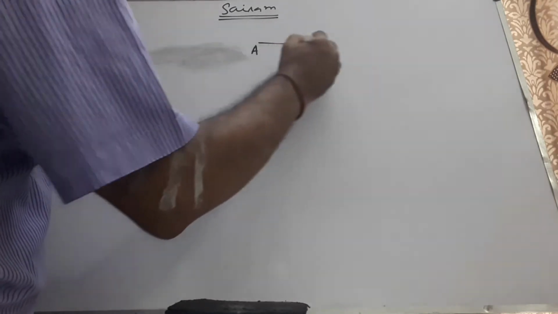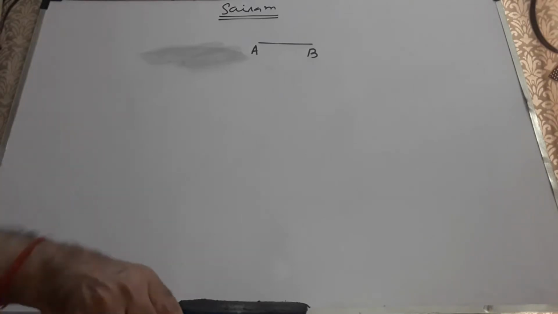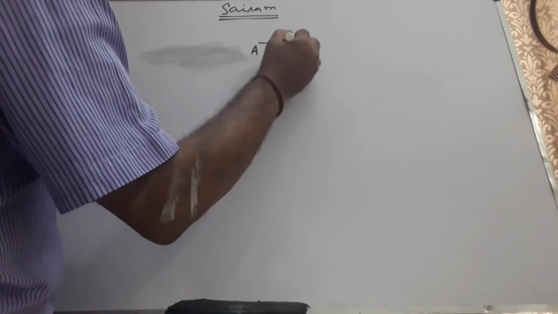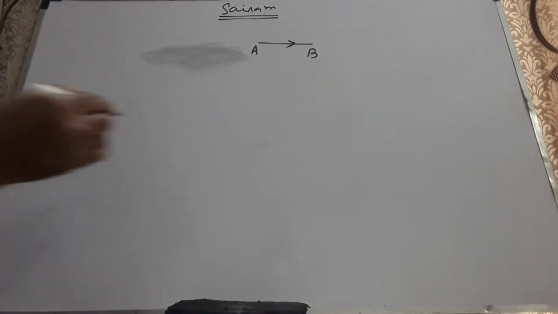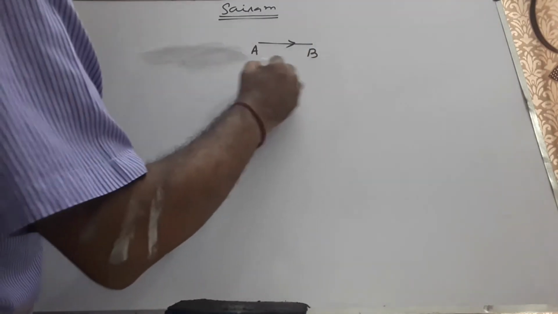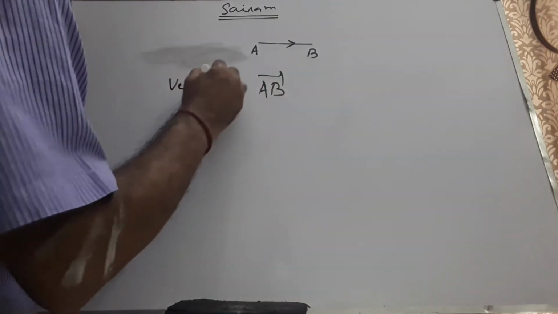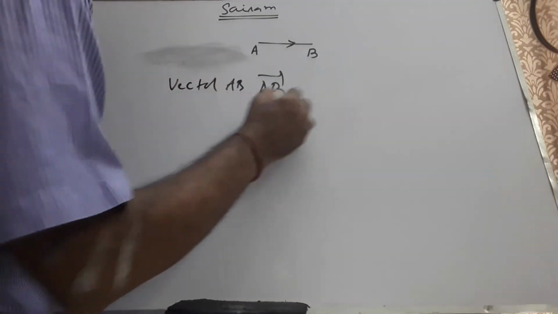If I am given 2 points A and B in a plane, and I draw a line segment joining those two, I mean to say segment AB is drawn. A simple line segment AB is the same as segment BA. But if I start from A and end with B, I mean to say vector AB is drawn. Vector AB, we write like this.